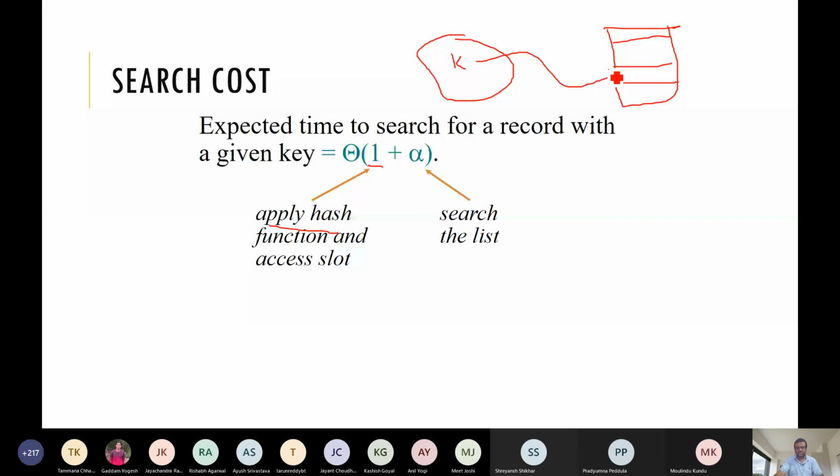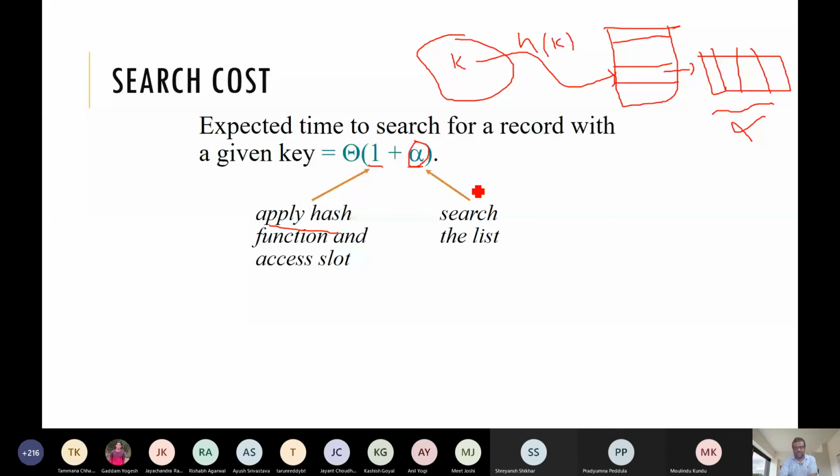So that operation is the 1, plus then we have a chain of size alpha, because that is the load factor. Here we have an array or linked list of size alpha. Then we have to search in that chain, in that list. That will cost us alpha. So it is big O of 1 plus alpha. Now if alpha is constant, then it is constant time. But if alpha is order of n, like in the worst case, if the hash function is a bad hash function, then this will be big O of n. So that is the worst case scenario.